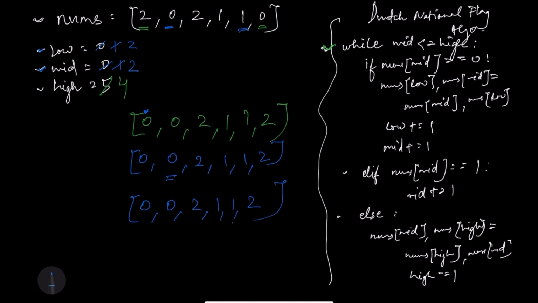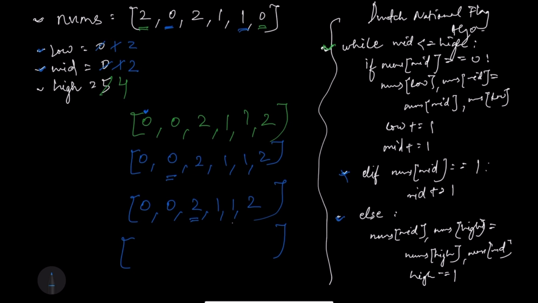Now what will happen when we run the array again? We will check if our nums of mid is equal to 0. Now our nums of mid is this. So is it equal to 0? No, it is not. Is it equal to 1? No, it is not. Then we will come to